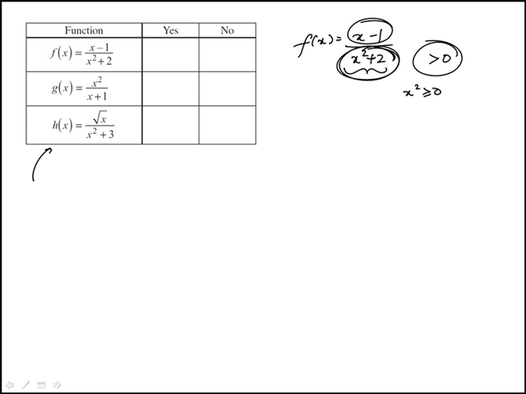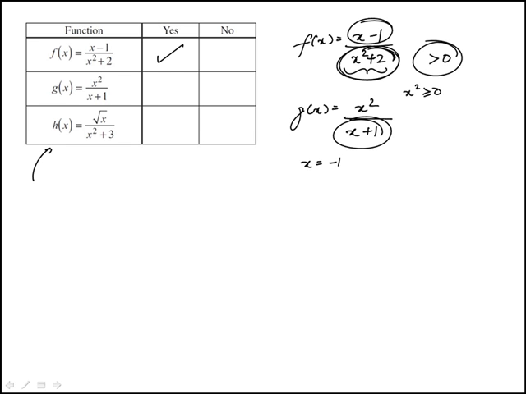Same thing with the numerator. There's no division by 0 here. So the domain of this function is the set of all real numbers. So that's yes. If we look at the second one, x squared over x plus 1, here the denominator can